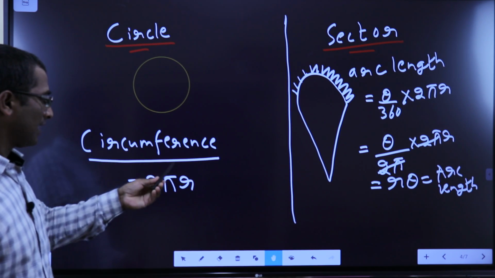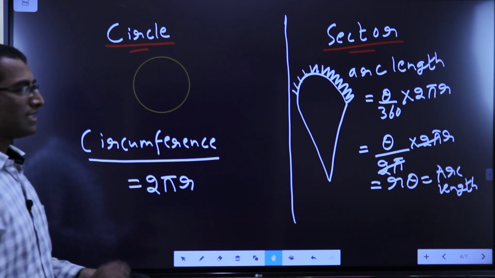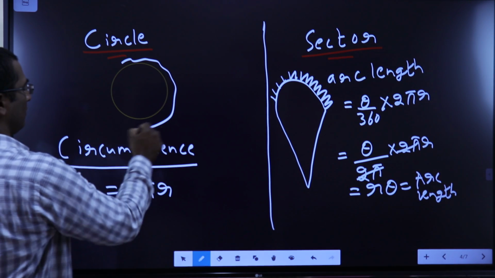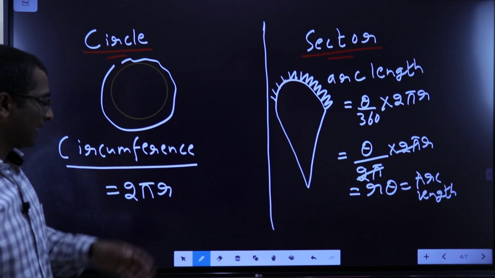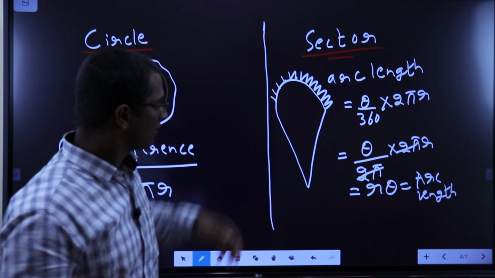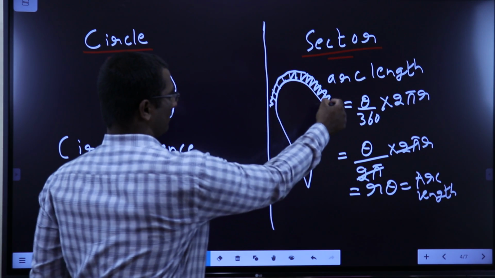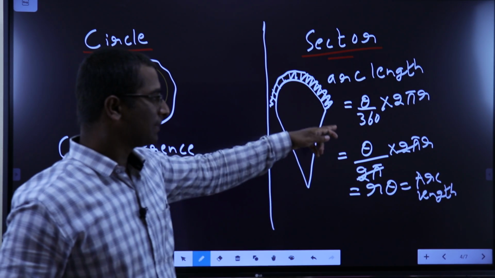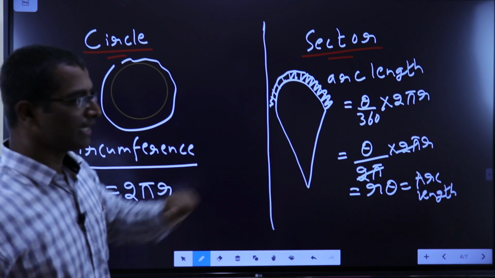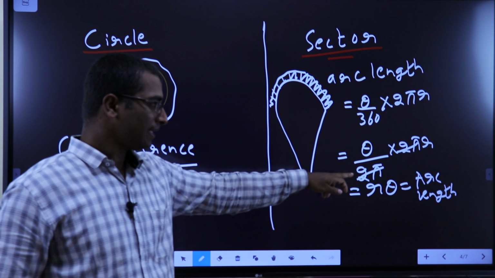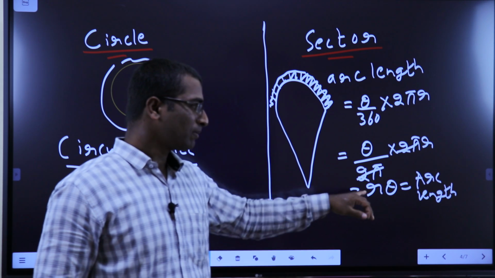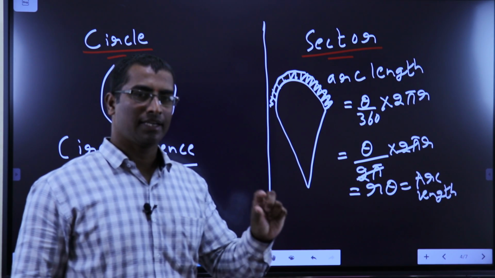Next, same thing, circle circumference is 2 pi r. Circumference is nothing but this part, the boundary of the circle, and that formula is 2 pi r. For a sector, in the same way, I want to find this length. So that formula is theta by 360 into 2 pi r. This we call the arc length. So before 2 pi r, just put theta by 360. I convert 360 into radians, 2 pi, cancel it out, I get r theta. In AS level, the arc length formula is r theta. Theta should compulsorily be in radians.